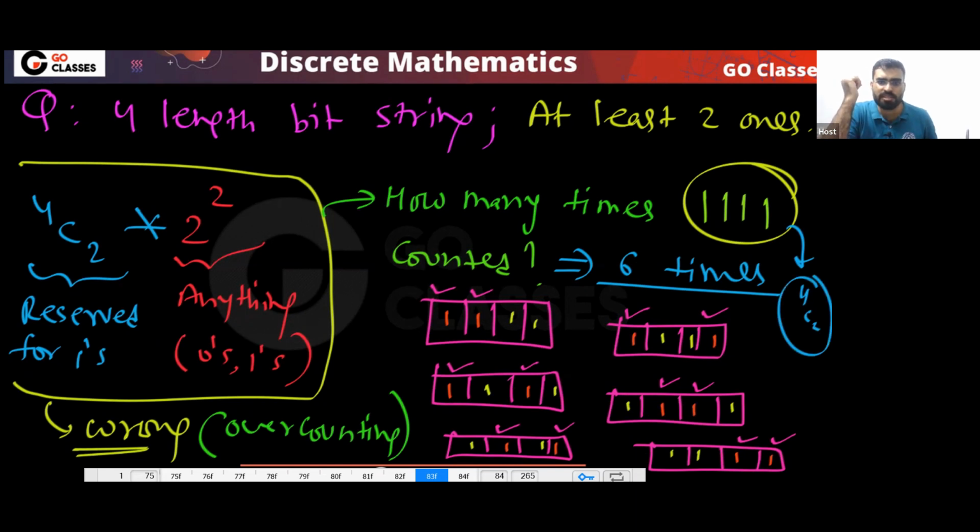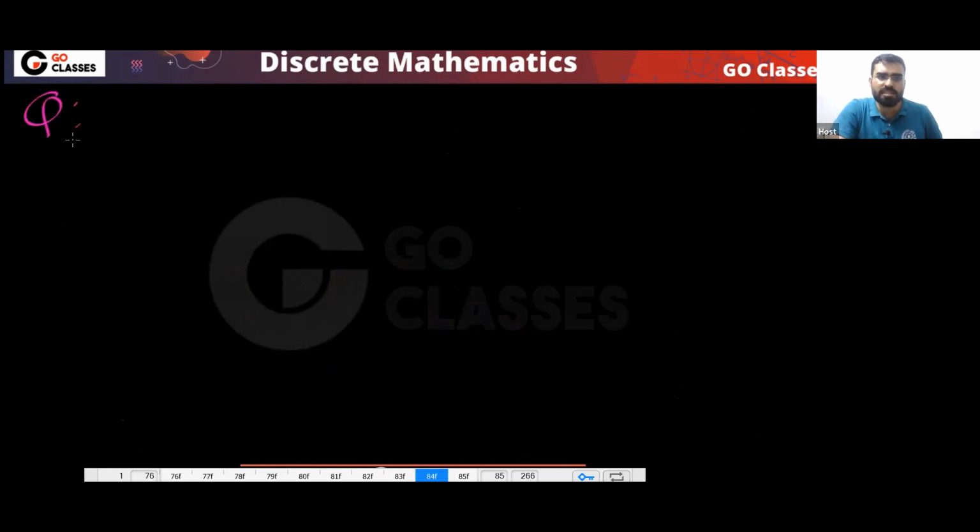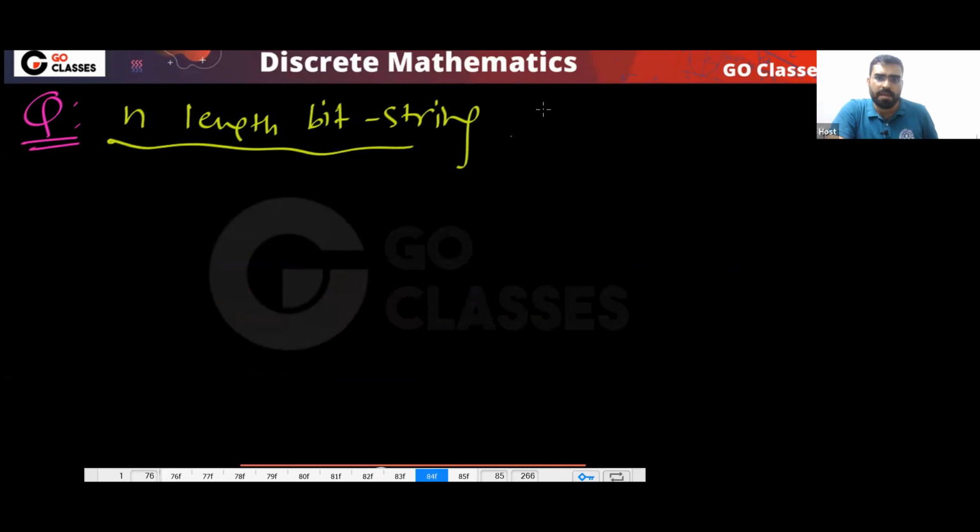I hope this question is clear to everyone, what I'm asking. Now, this question is a new type of variation. I hope in the GATE exam, they ask this question sometime. So let us assume that this is our question. You have an n length bit string. This is the final conclusion I want to give. I'm talking about an n length bit string containing at least